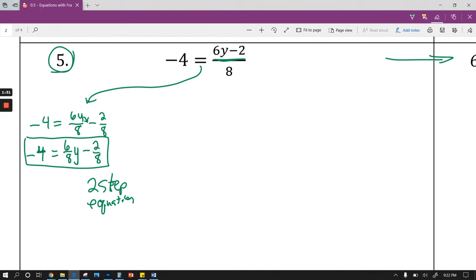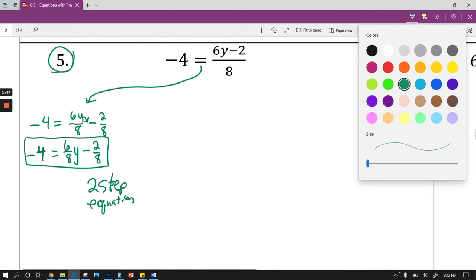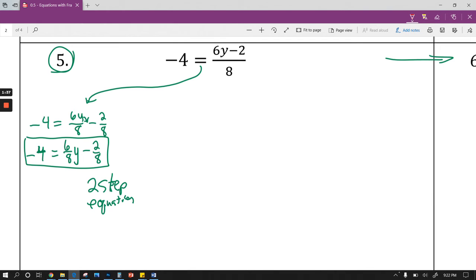But if that's not really your jam and you want to use the other method, we're going to go over that other method together. The other method is that we are going to treat this entire thing right here as though it's basically just a big red blob. So we're going to treat that as its own variable. We're not going to separate anything up there at all, and in fact we're going to keep that as all one piece. So we're going to rewrite our equation. We've got -4 is equal to that big red blob over 8. Now if we need to figure out what that big red blob is, we're going to isolate that big red blob,